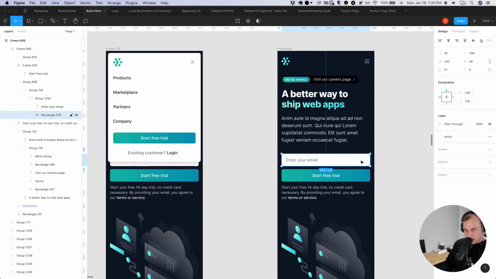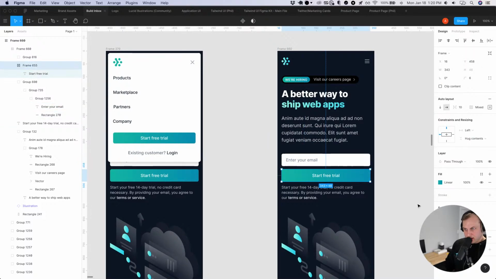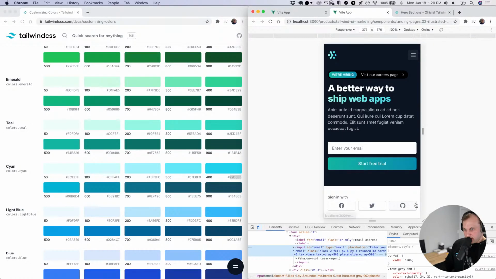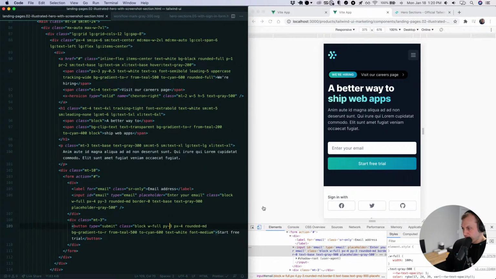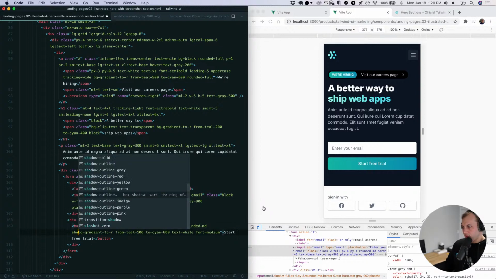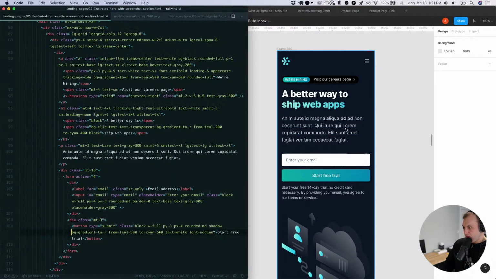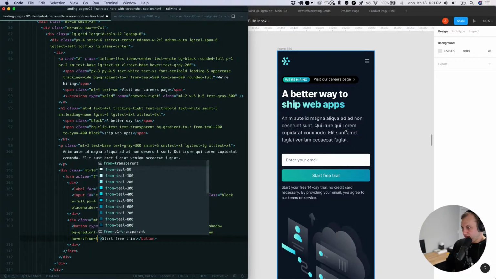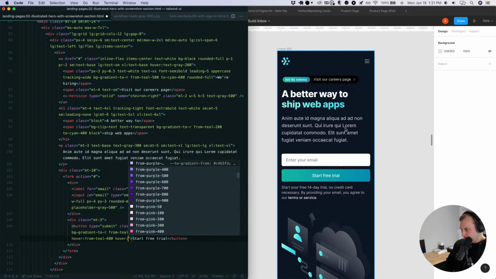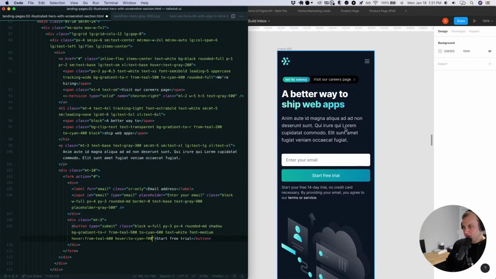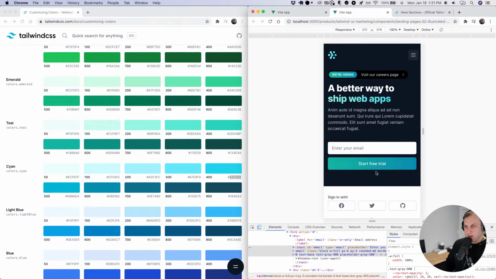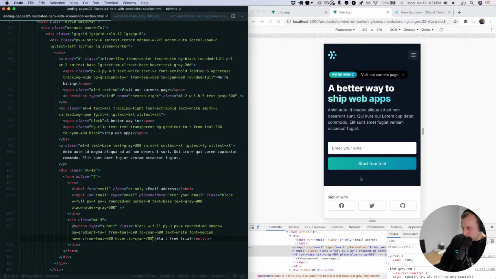Does Steve have shadows on these? No. He does have a shadow on the button. I'll add it, I suppose. Won't be able to see it, but he has it. On hover, we'll just make it go a little bit darker. So we'll say hover from teal 600, hover to cyan 700, maybe. So now we should get, yeah, I wish it didn't have to be as extreme, but it is what it is. Okay, so